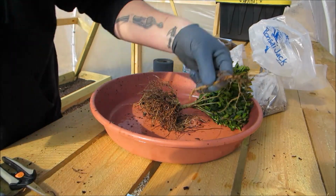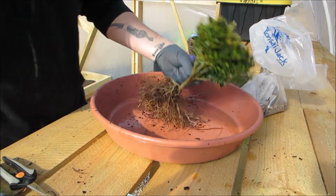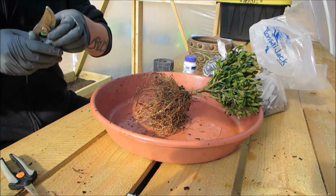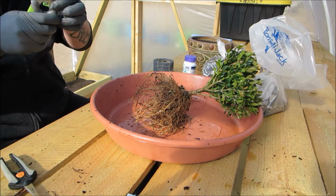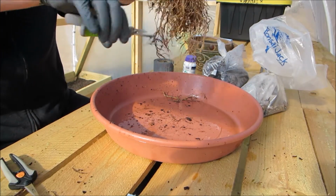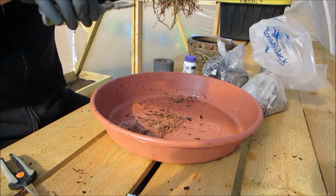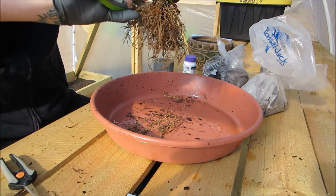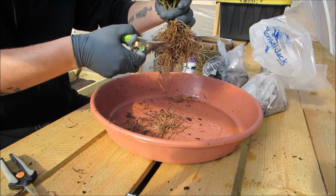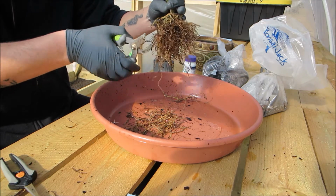Alright, so now, as you can see, we have it nice and cleaned off. So I'm going to do a little bit of root trimming. Ooh. Windy outside, so we're just going to do a little bit of root trimming by just going straight across with it, making sure we're going for uniformity. You know, a lot of these little guys, you can cut them and they'll just reproduce. I'm going to put a little root hormone on it anyway,